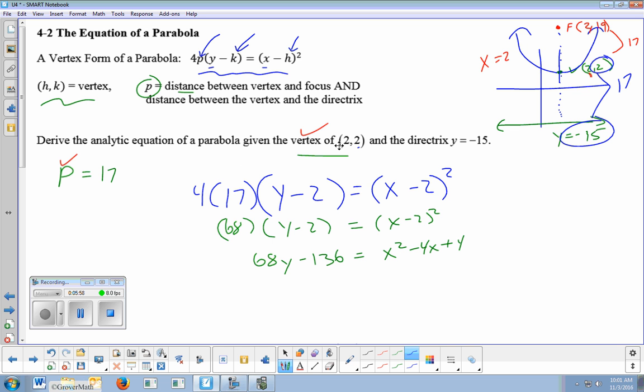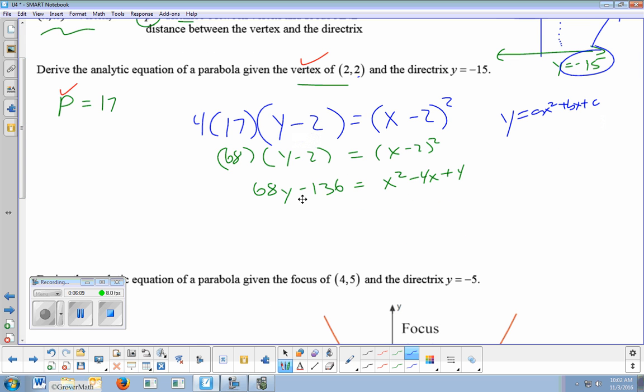But we want this to get down to the standard form of a parabola, which is y equals ax squared plus bx plus c. So we want just y equals. So the first thing I'll do is I'll add the 136 and add it to the constant over here. So we'll get 68y equals x squared minus 4x plus 140. And dividing everything by 68, we're going to get some funky looking equations here, which is very normal for this. So this will be a final answer of y equals, it's a 1 over there, so I'll write it as